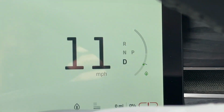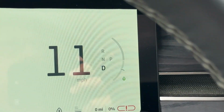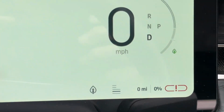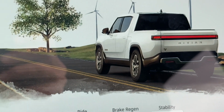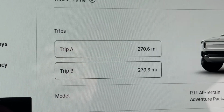All right, I'm going to go plug it in and make it happy here. We'll hook it up to my Tesla wall connector. I happen to have one outside of the garage here, and that way it'll make it a little easier to get to. Okay, final results before we end this. 0, 0, 0, right? And if I look over here in the About screen, that's where the odometer is. Look at that,